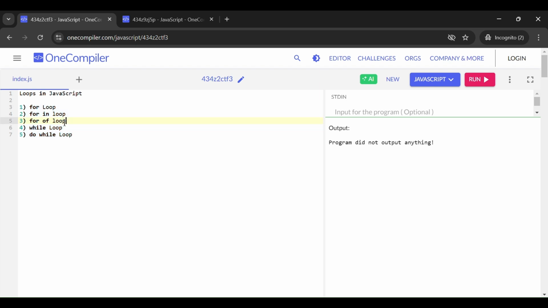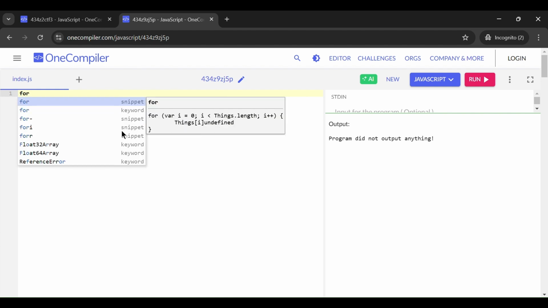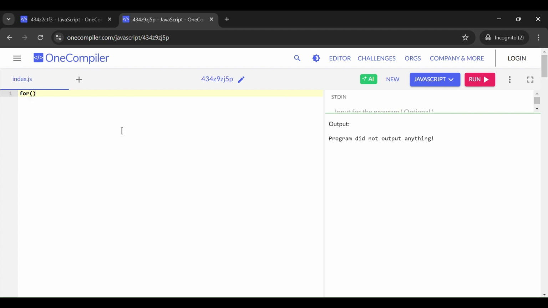There are five types of loops: for loop, for in loop, for of loop, while loop, and do while loop. So what comes in a for loop? I will show an example. How can we write a for loop? We write for, then we give parentheses, and then